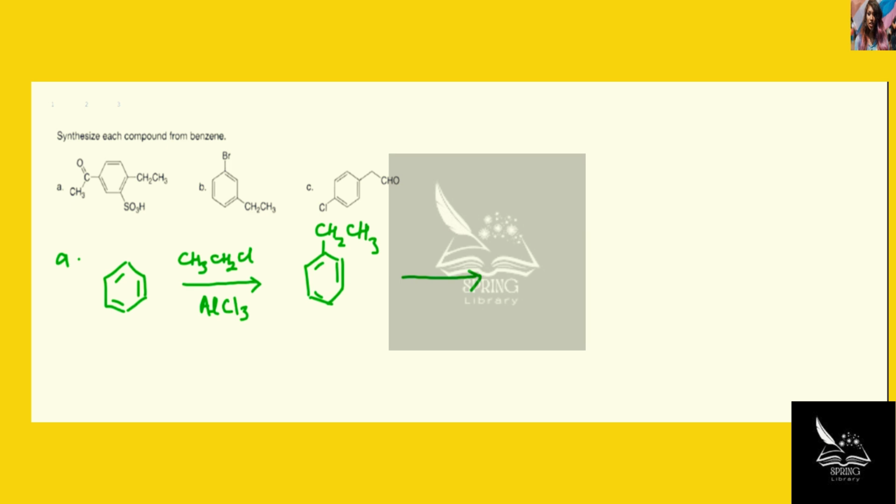So by that the CH3C=O group is introduced in the molecule. Acetyl chloride is taken in presence of anhydrous aluminum chloride, and the product will be